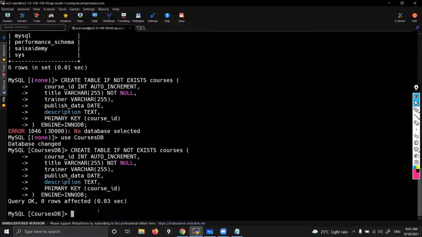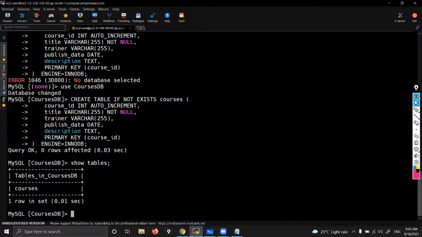Now, if you want to see the table, type here show tables. Okay. Because you are already in this courses database, you can see that. Now, just a skeleton structure with minimum headings, tables in the courses database, courses. Now I'm going to inject some data in this. Okay, so for that, let me type here